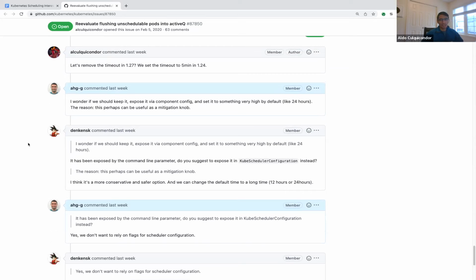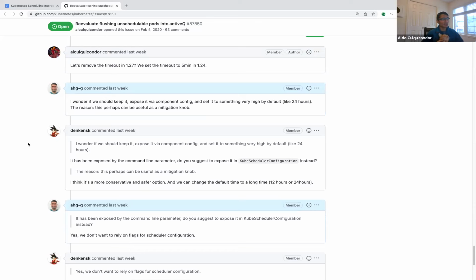And we've been experimenting with increasing this timeout or this flushing period, but giving the ability to revert just in case we still have some bugs. So this issue is mostly about increasing the flush period even further. We are currently at 5 minutes by default. We want to make it 15.